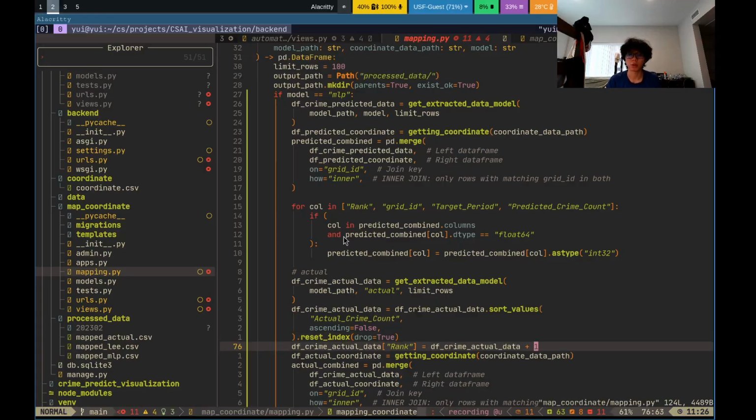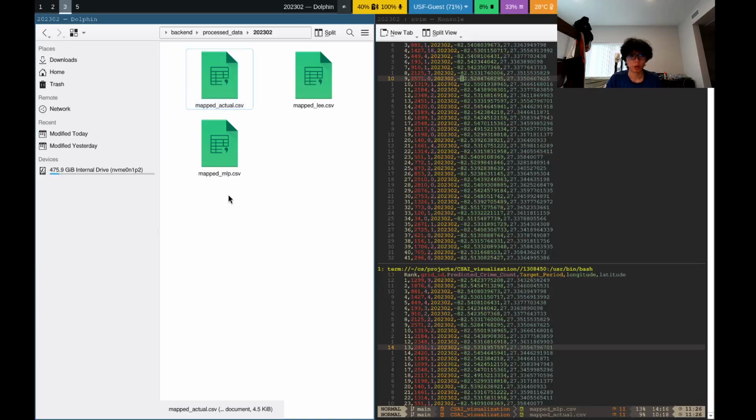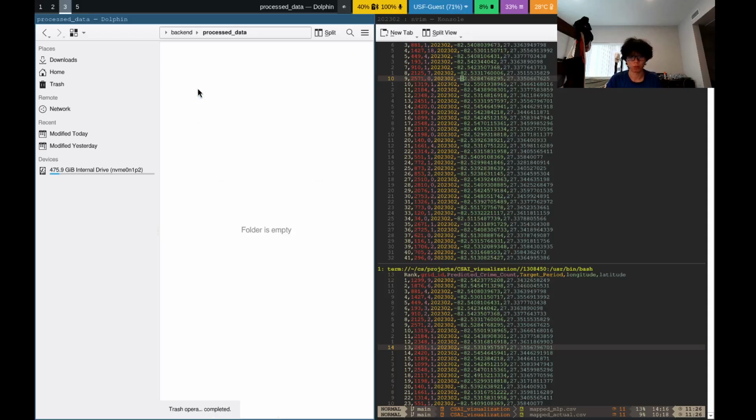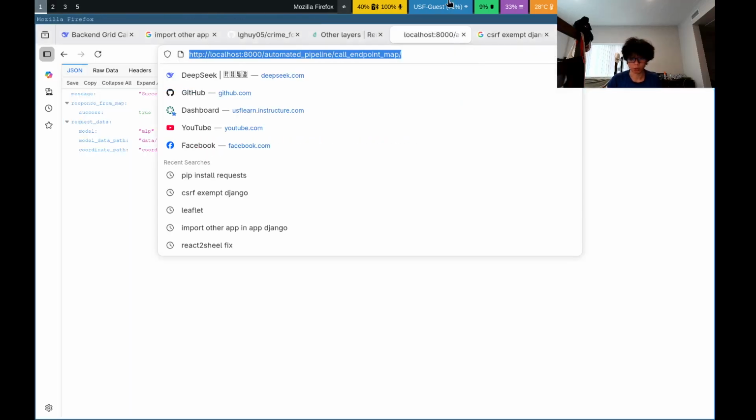So basically we are sorting this and resetting all the index of each row. We are assigning those index for the rank, but since the index starts from 0, we have to plus 1. So now I can try by deleting this file. Just delete that, it's not existing anymore. But as long as we can try to enter this,